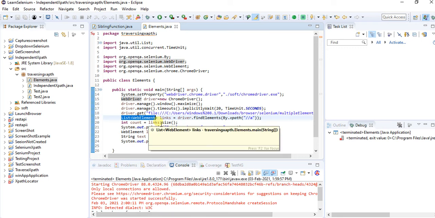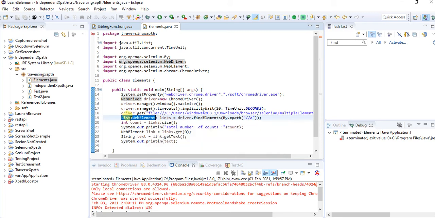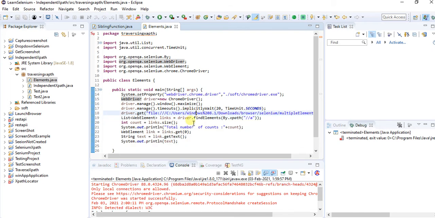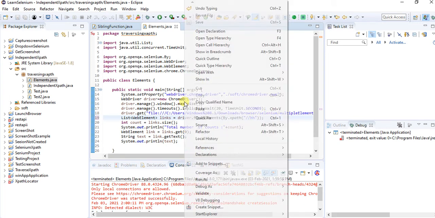So if the specified locator is matching with multiple web elements, then it will return the list of web elements. Suppose it is not matching, okay, what I will do, I will just give the wrong thing. We'll see what error it shows.